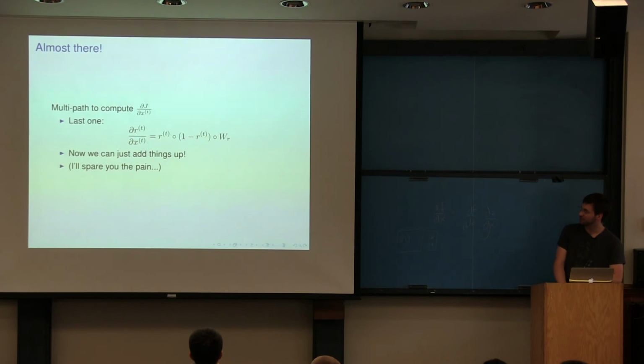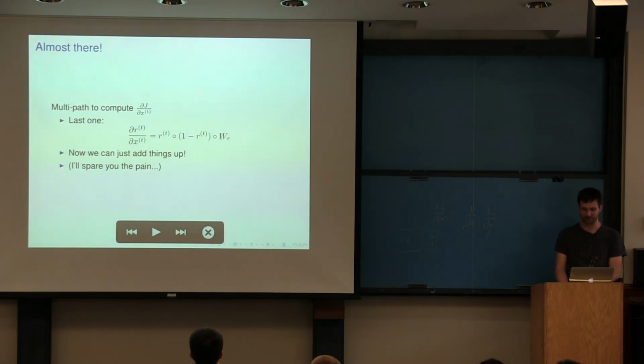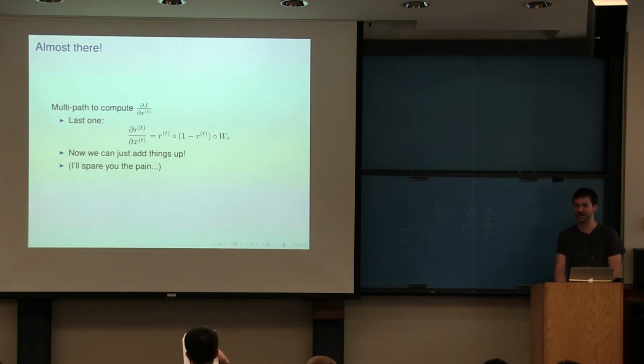And so now, at this point, you can just add things up. We've got all the expressions, they're written down somewhere. We know everything is expressed in terms of something we've already computed. Either it's one of the parameters or it's the output of one of these gates. We're not going to do that now because it's a pain. There's a lot of terms. But if you were to code this up, you could call this dr dx or something, and that's a matrix. And you can multiply it on the left by your delta, and that gives you the gradient you need.